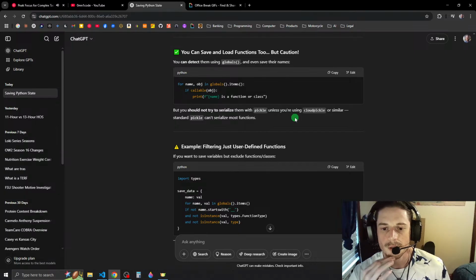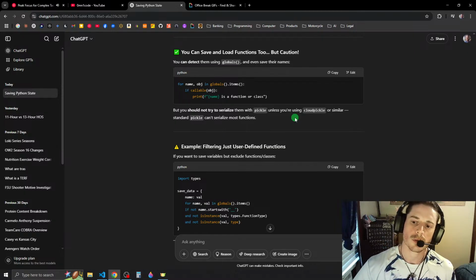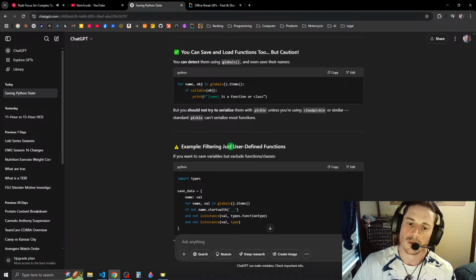Serialize them with Pickle unless you're using Cloud Pickle or similar. Standard Pickle can't serialize most functions. Filtering just user defined: you want to save variables but exclude functions and classes.